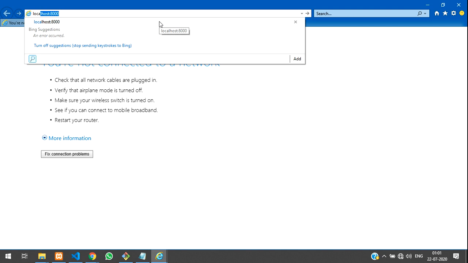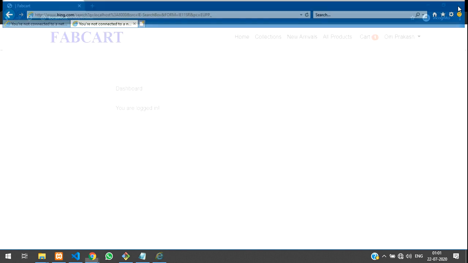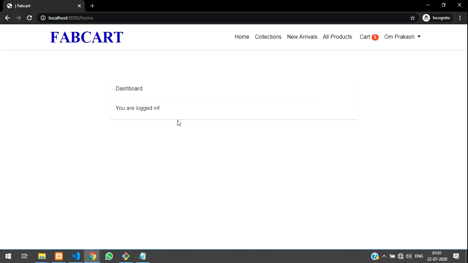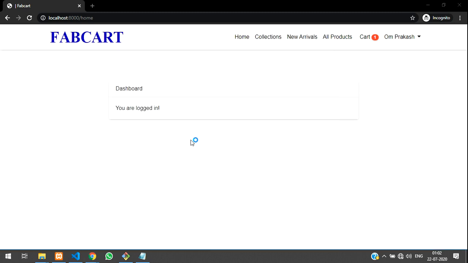I have never used this Internet Explorer, so let me close this one. So guys, Internet Explorer is not good, so let me open Microsoft Edge instead.